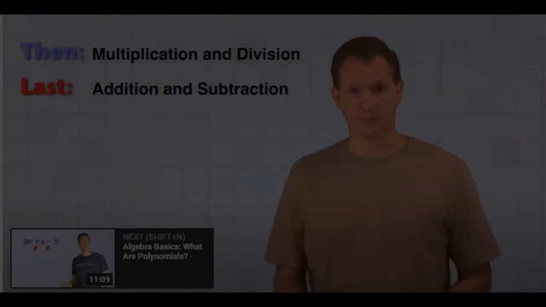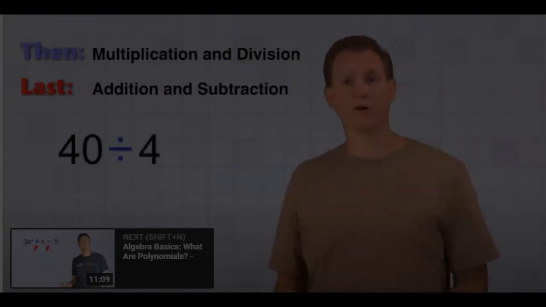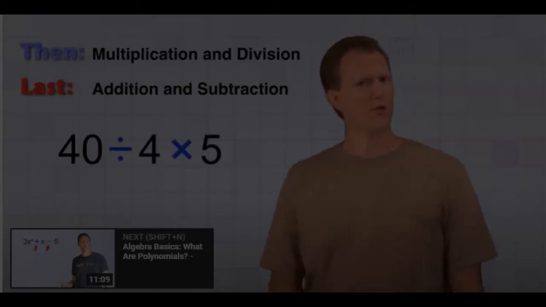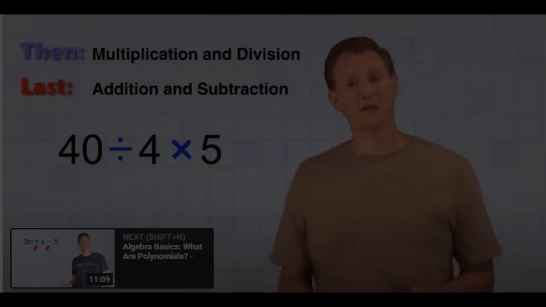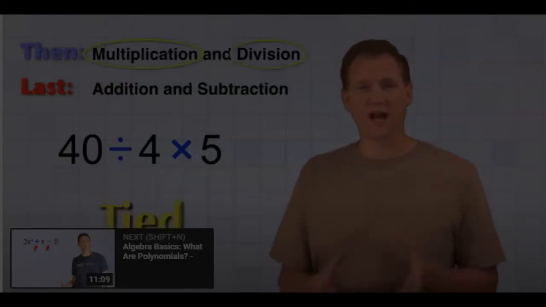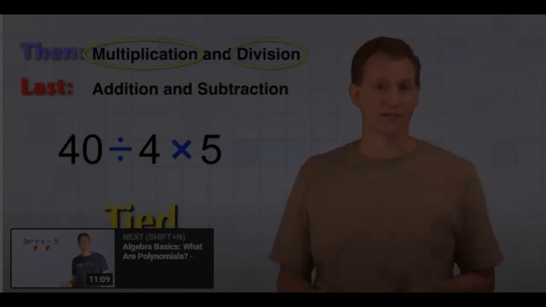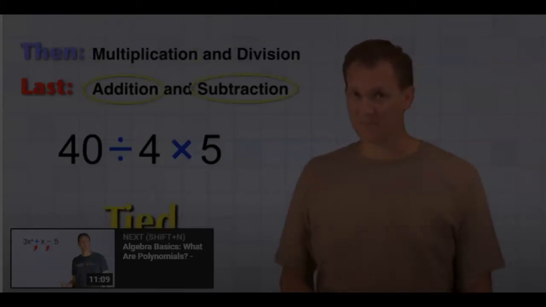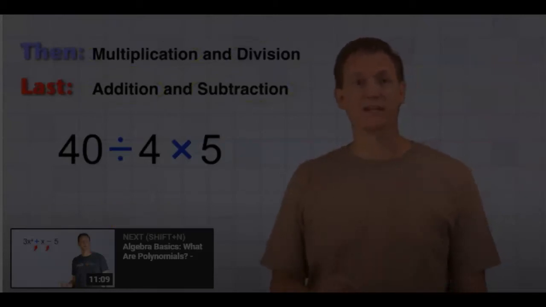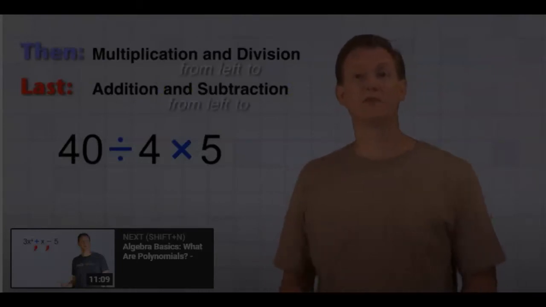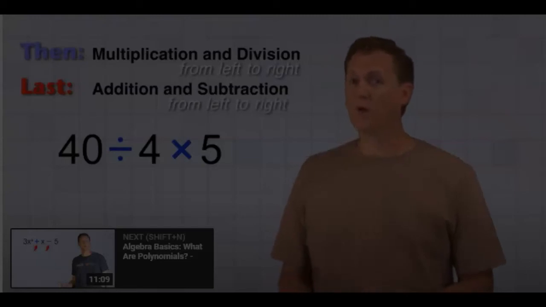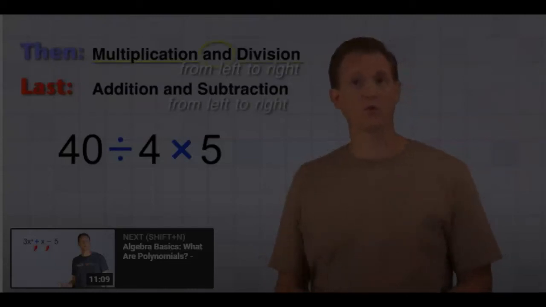And here's one last problem. 40 divided by 4 times 5. Which do we do first, the multiplication or division? Our rules don't tell us. Well, that's because multiplication and division are tied for priority or importance. So are addition and subtraction. And that's the reason we need an extra part at the end of each of these rules that says from left to right. If you have a problem that has both multiplication and division, then you're supposed to work it